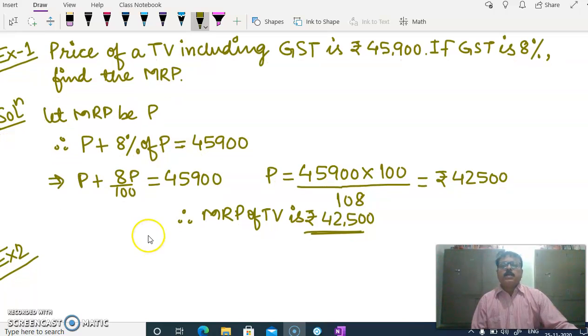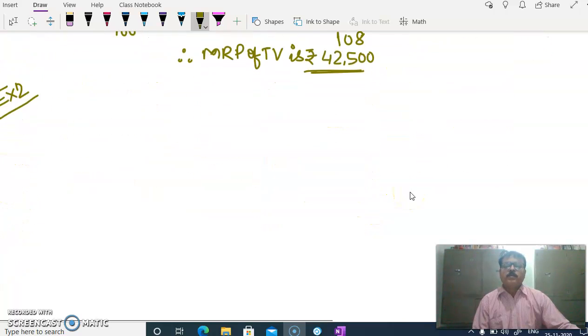First example says if the price of a TV including GST is 45,900 rupees and GST is 8%, we are supposed to find the maximum retail price or MRP. Let the MRP be P, so P plus 8% of P is 45,900. That means P plus 8P upon 100 is 45,900. Taking the LCM, it becomes 108P upon 100. So the value of P will be 45,900 into 100 divided by 108, which comes out to rupees 42,500. So the MRP of the TV will be